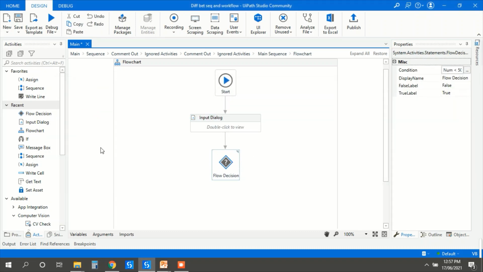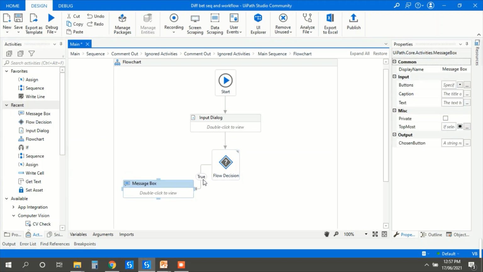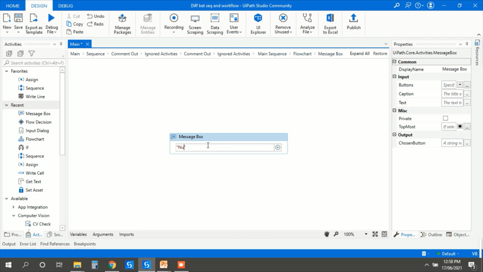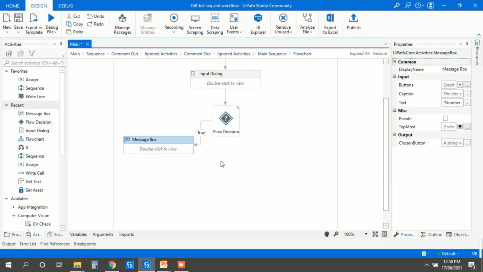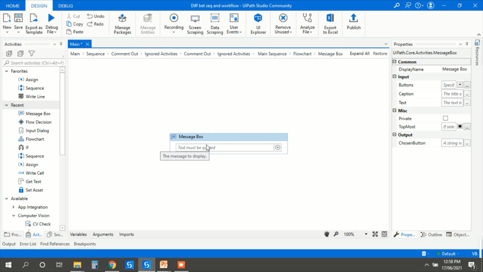If num is less than 50 is true, then I will put a message box under true as number is less than 50. Okay, I will get another message box under false, and I will write the message as number is greater than 50, please enter further. Okay,